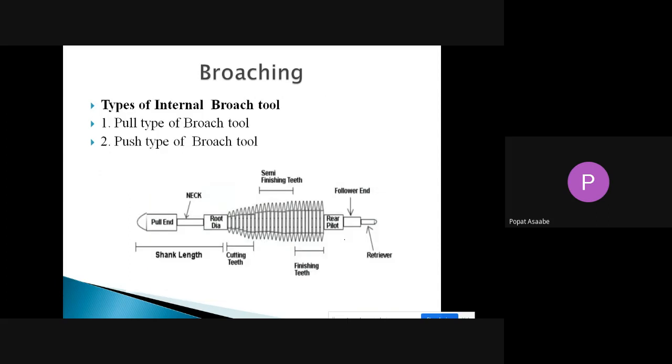To produce internal broaching we use two types of internal broach: the pull type of broach or the push type of broach. Now see, this is the pull type of broach. What is the difference between the pull type and push type broach?